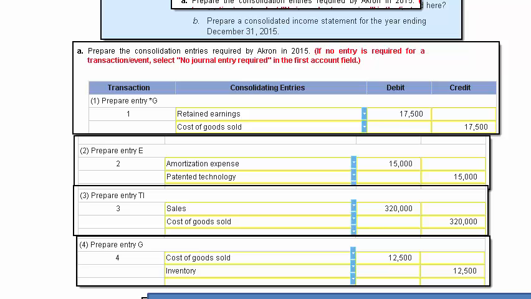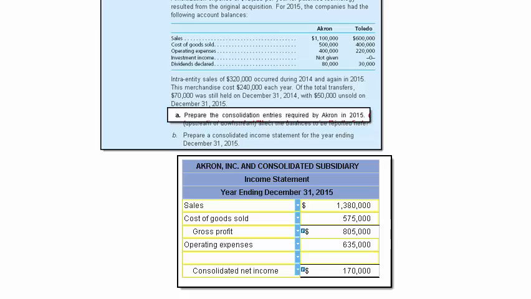Okay, and then the last part of this is they say prepare a consolidated income statement for the year. So let me adjust the screen next, and we'll take a look at that. Okay, now I've adjusted the screen so that we can still see most of the problem up at top as well as the answer to Part B in a legible format. So what do we have to do now? We prepare the consolidated